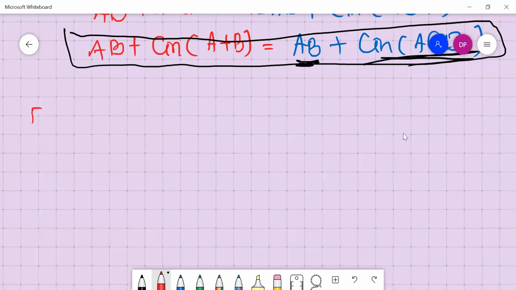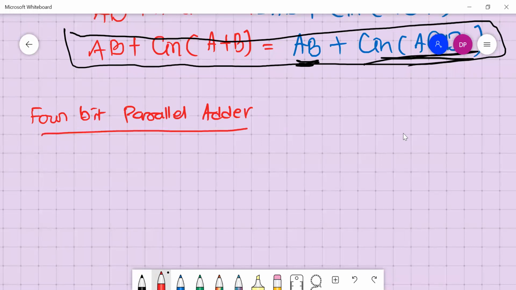We will take a 4-bit parallel adder. We will take full adder circuits to implement this 4-bit parallel adder.